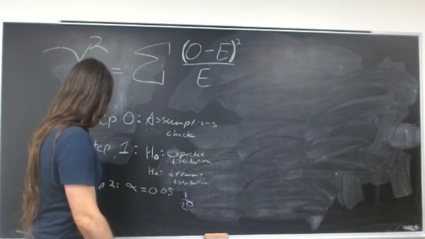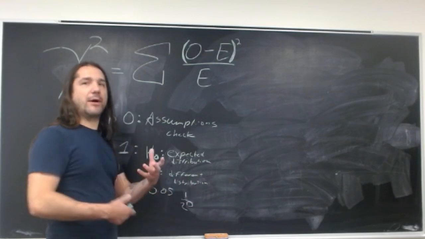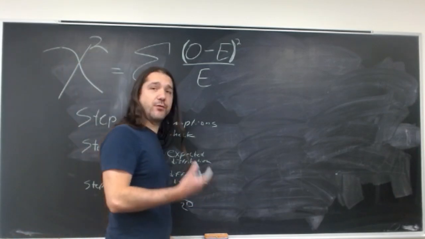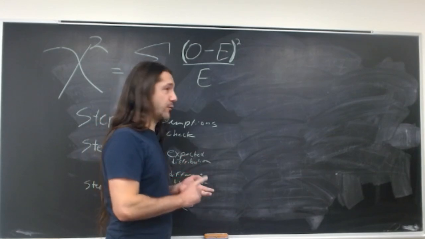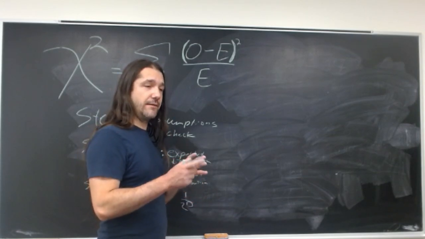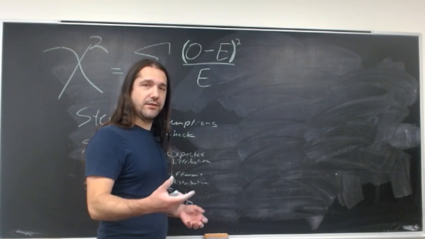Good. So now, steps 1 and 2, the question itself. Steps 3 and 4, how do we go about answering the questions? We need 2 things. We need a test statistic and a critical value. And we're going to go through this test with the critical value instead of the p-value, which we'll present at